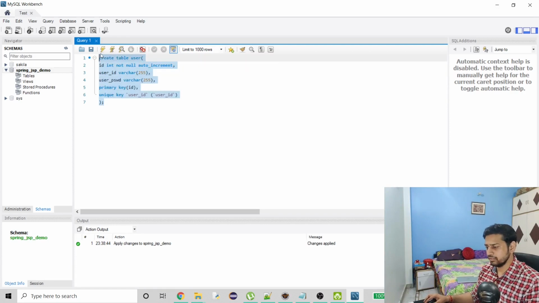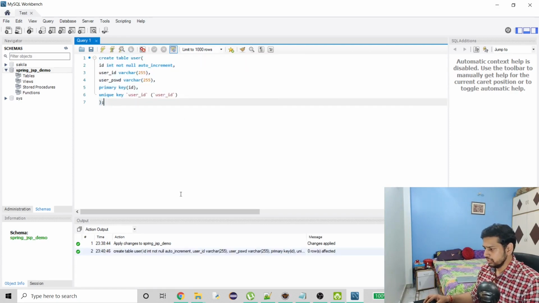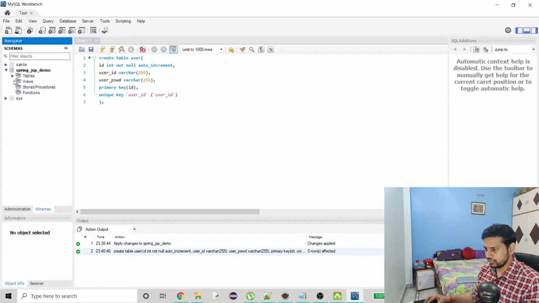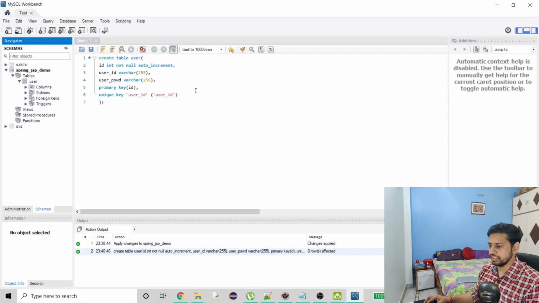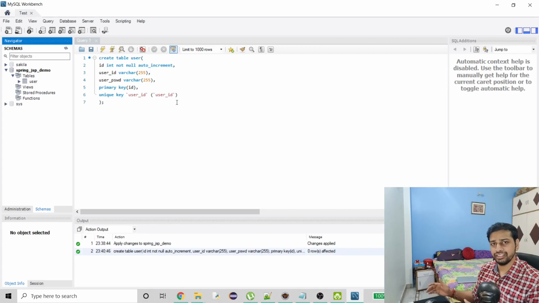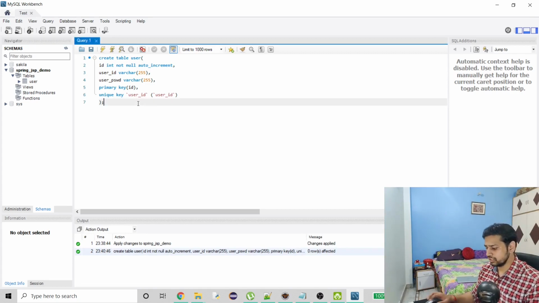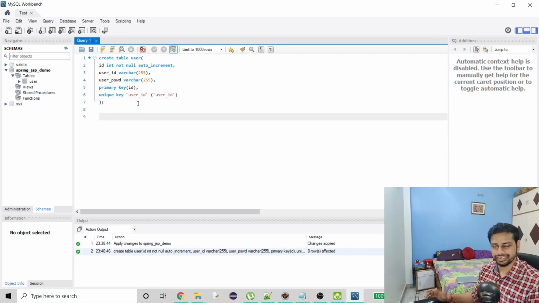So that's it. This is what we have to do, just execute it, and let's refresh it. Now we have our table ready. Right now there is no option to register the user. So initially I'm just going to hit an insert query for my admin user, and later on we will make a page where a user can register itself and then log in, right? We will work on that too, but for now I just have to hit a simple insert query. So let me first write it down, and then I'll explain.